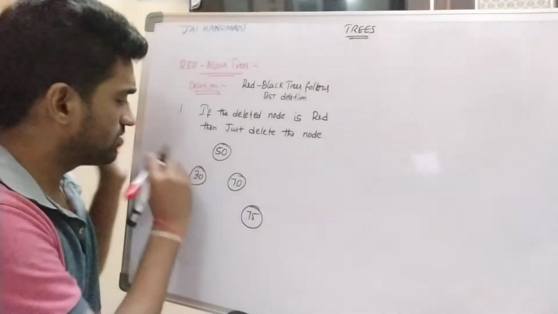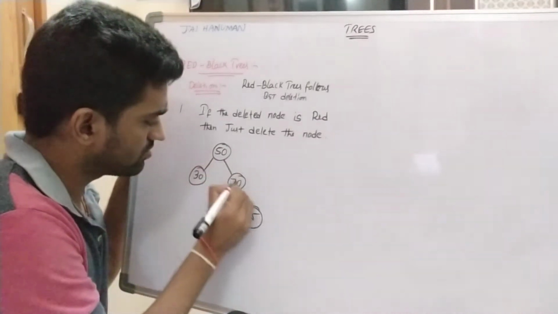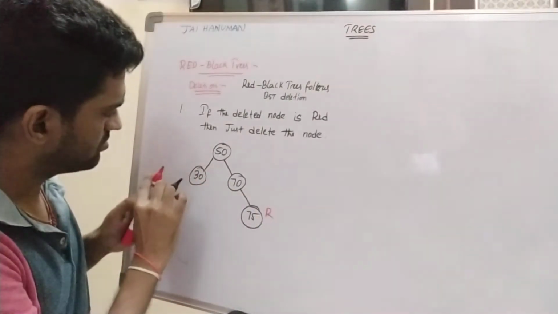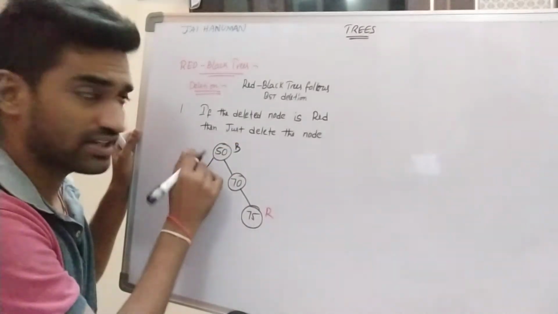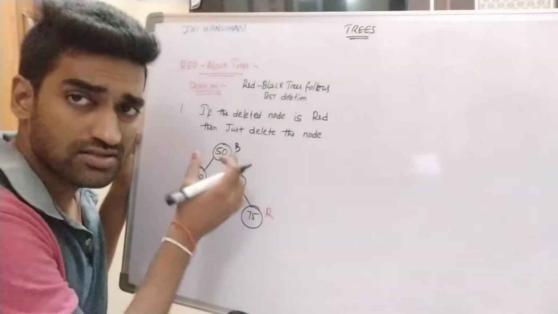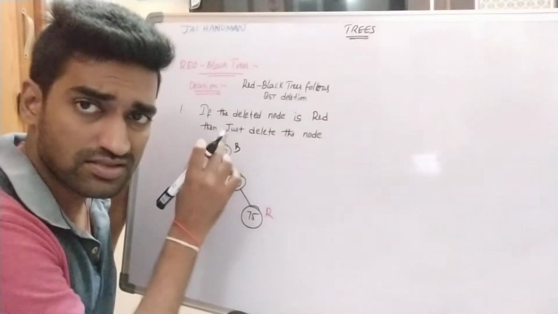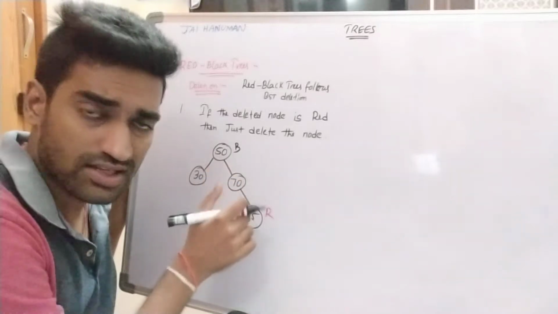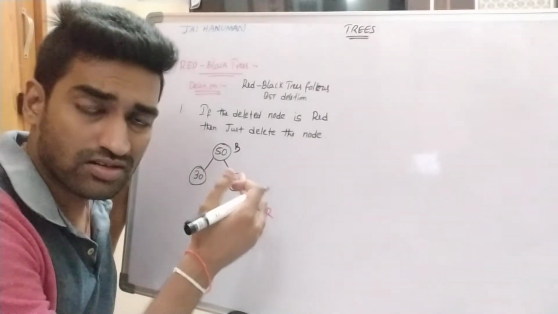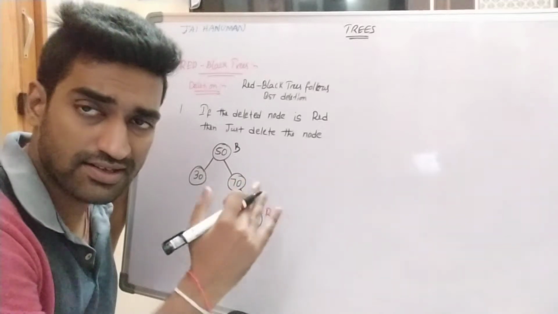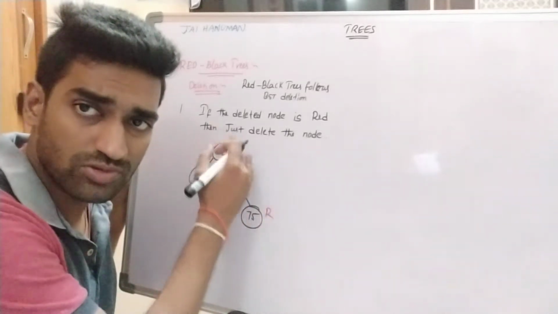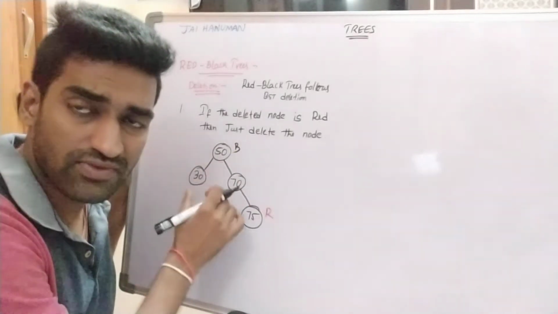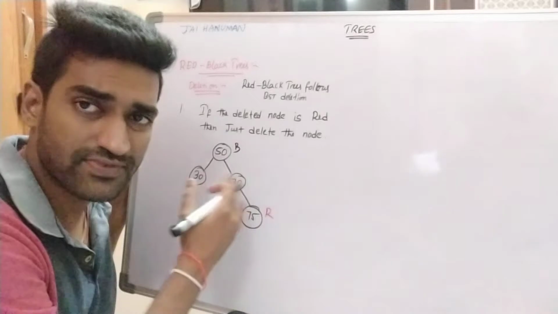So this is our red-black tree. This is a red node and this is black. The root is always black in red-black trees. There are some properties: the root node must be black, there are no two adjacent red nodes, so there is no red parent with red child relationship, and every path from the root node to null nodes contains an equal number of black nodes. Those are the properties of red-black trees.